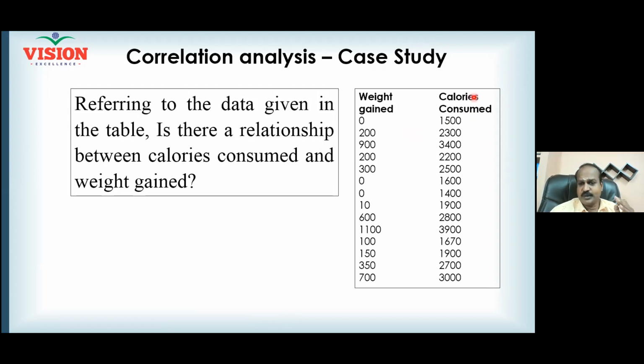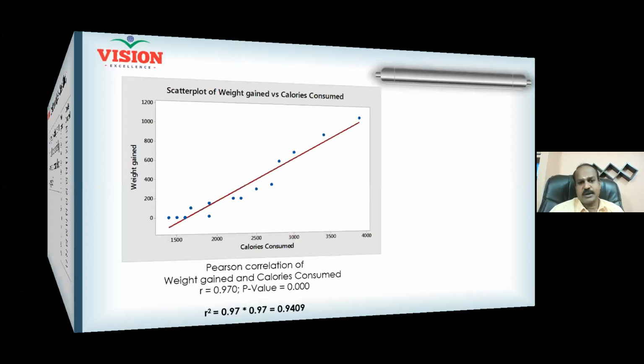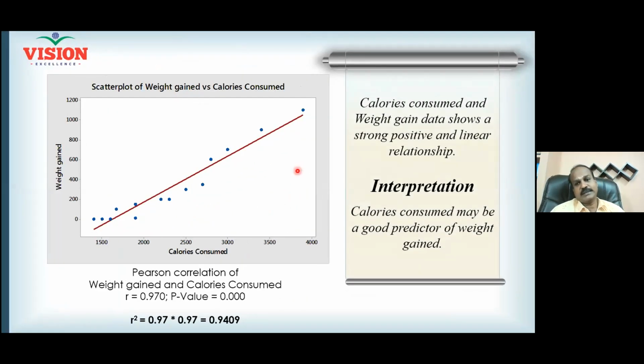So Mr. X is advised to consume 1,500 calories for a particular period of time. And then his weight gain or weight loss is recorded. Same way, the calorie consumption is increased and decreased and weight gain information is recorded. And now I want to understand how changing the pattern of calorie consumption will impact his weight gain. And now we are plotting a scatter diagram. And now what is the scatter telling us? Is there a relationship? Yes, positive relationship.